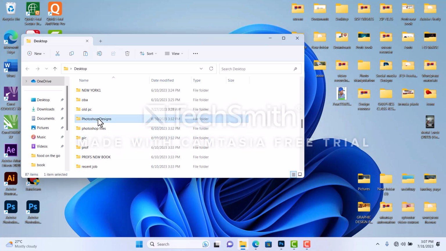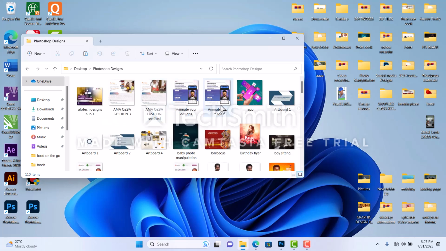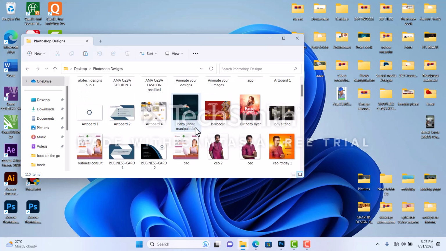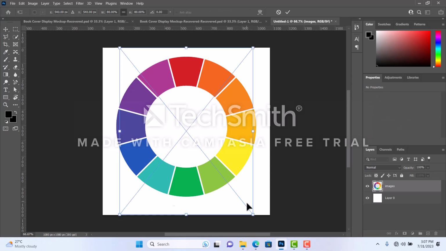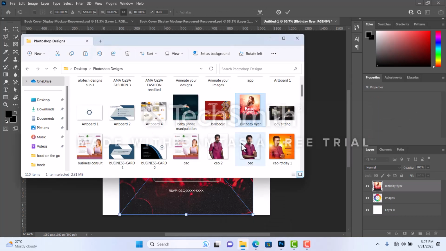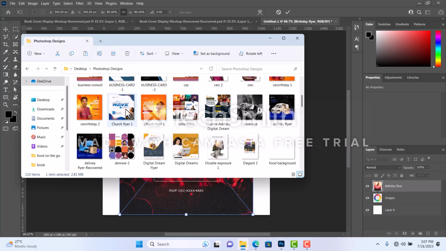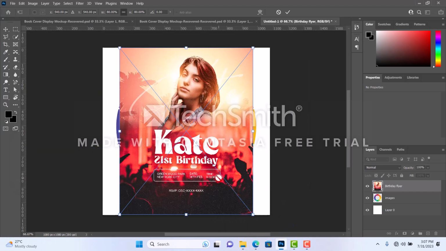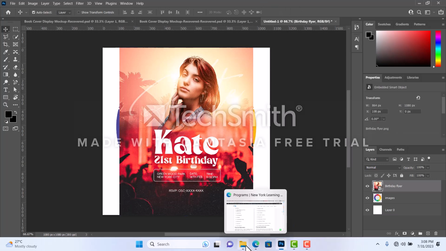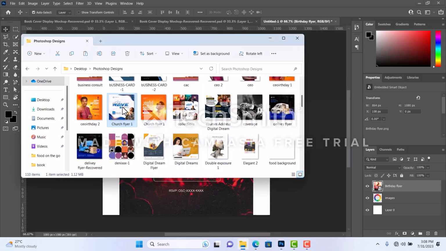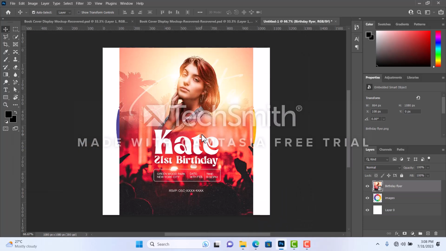Okay, so let me bring some designs in to explain more about typography. Okay, let me bring this. I'll use these two designs I'm bringing here now to explain typography. All right,